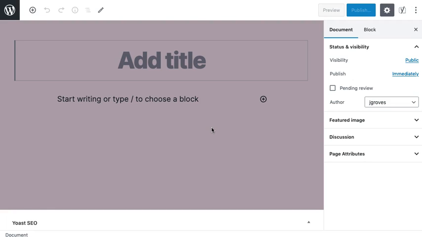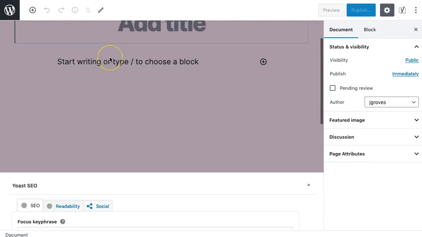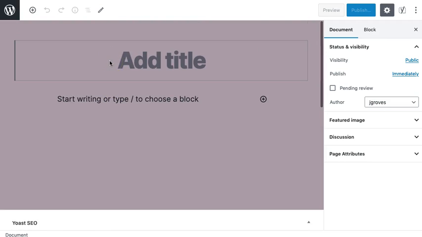WordPress has tried to implement some of these features into WordPress itself. I find students really like Elementor, so you may want to give that a try. But you can do a lot with WordPress's built-in editing and layout tools, okay? And the way that works is through blocks, okay? So what it does is each page and each post is going to have a series of content boxes that